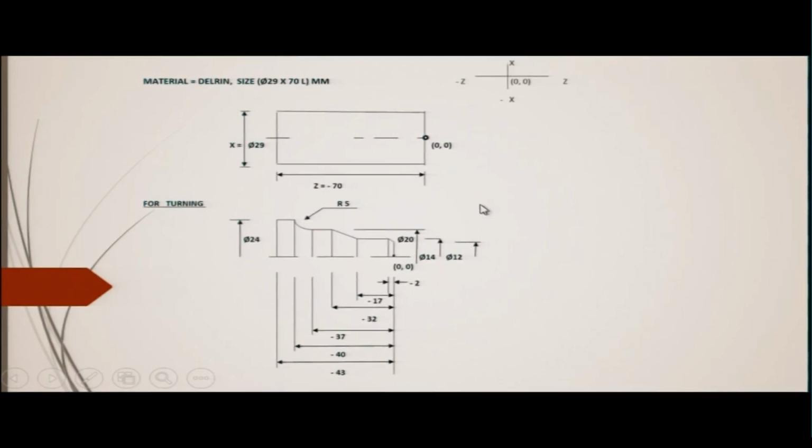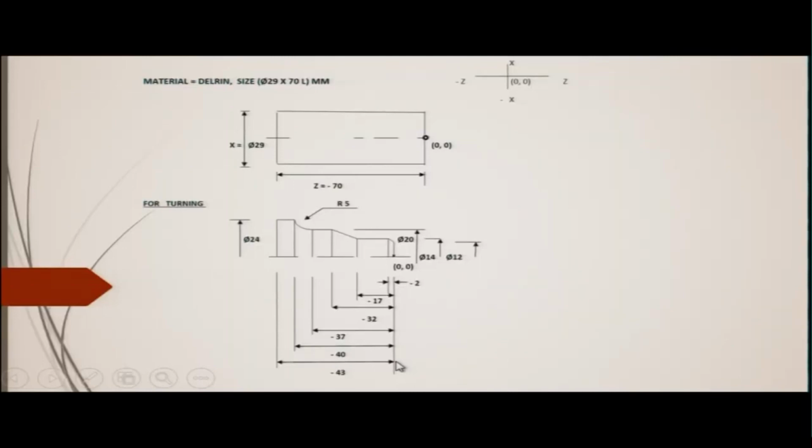Well, if you ask me why not 60, I would say okay, you could have taken 60 as well. That depends on what kind of blank quality that you are having, but it should be more than 43. Okay. So, that allowance that you will be having should be added to the final dimension of the readily available part,